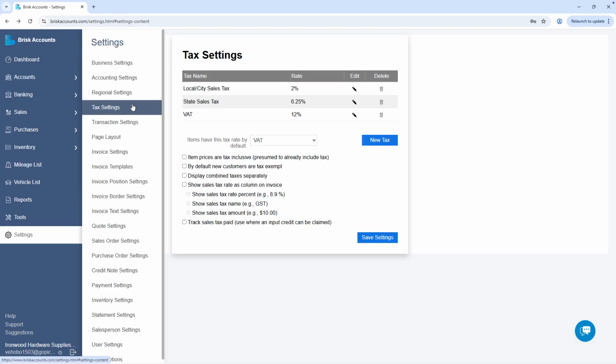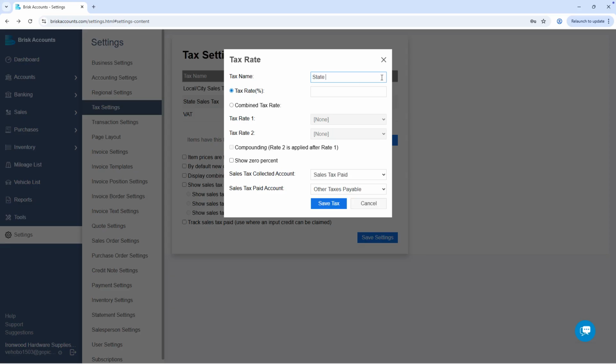To add a new tax rate, click the New Tax button and enter the tax name. Choose whether it is a percentage-based rate or a combined rate. If it's a combined rate, select the individual tax components and enable compounding if Rate 2 should apply after Rate 1. You can choose to show 0% rates, select the accounts used for collecting and paying sales tax, then save